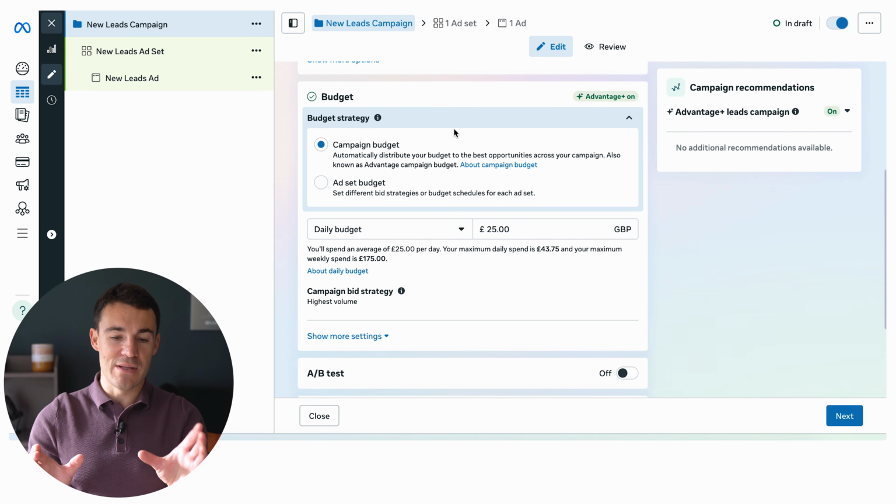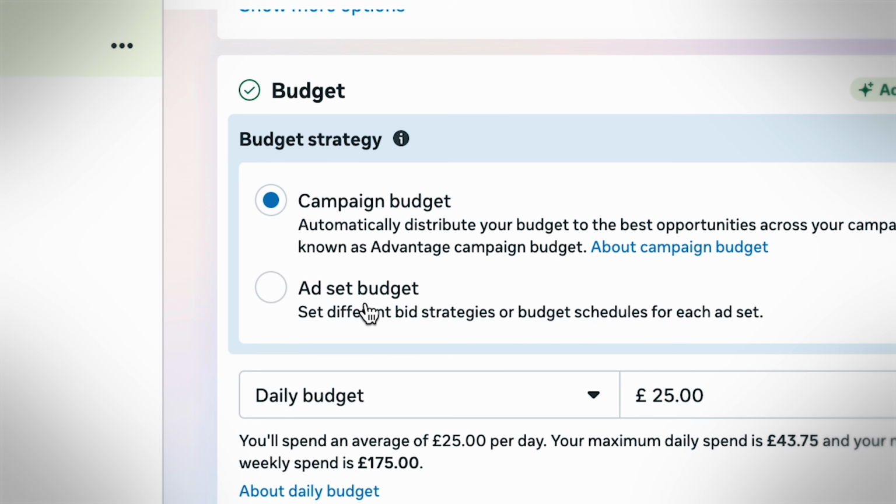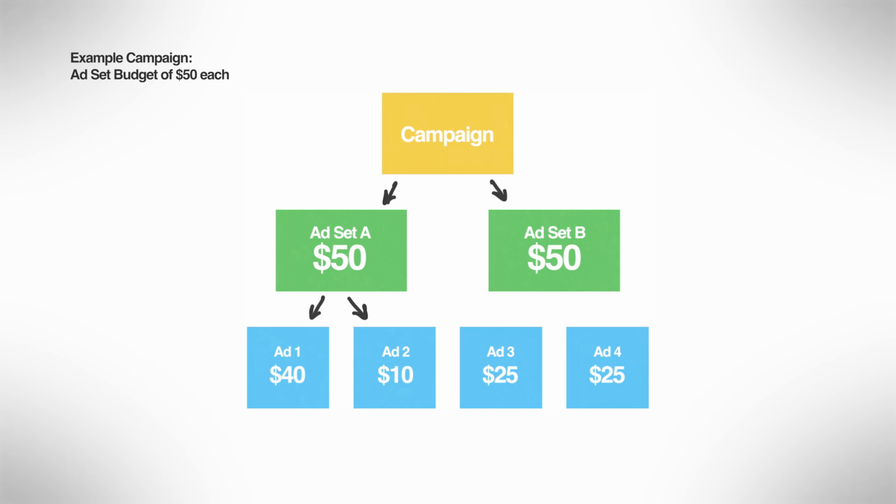And to explain the differences between the two, with campaign budget, the budget is set at the campaign level, meaning that if you have multiple ad sets, budget will be distributed to those ad sets according to performance. So if you've got ad set A that's performing much better than ad set B, ad set A will get more of the budget. However, what you can do instead is select ad set budget and say, no, I want to have manual control over how much each ad set gets from a budget perspective,